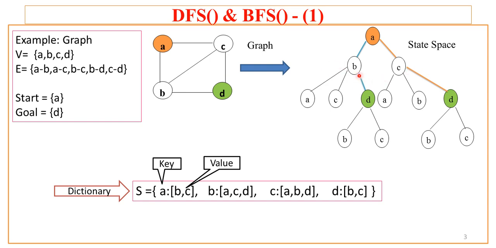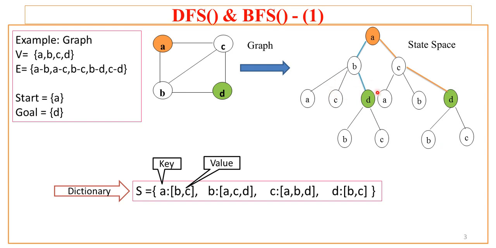Now B has immediate successors A, C, D. So it is specified here. C also has immediate successors A, B and D. So those are specified at the same level. And D is appearing at two places, that is D which is part of B and D which is also part of C, and for these two nodes the immediate successors are specified at the next level.